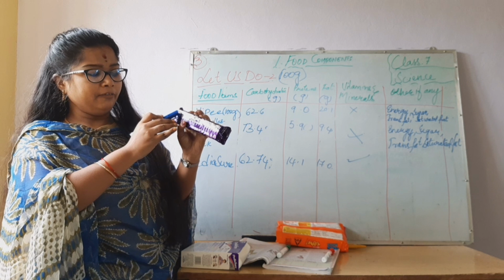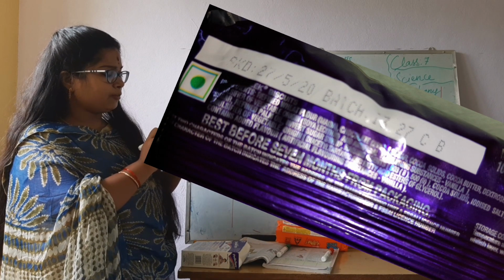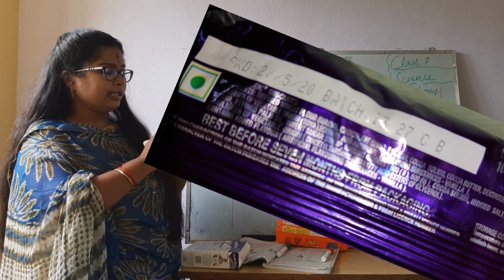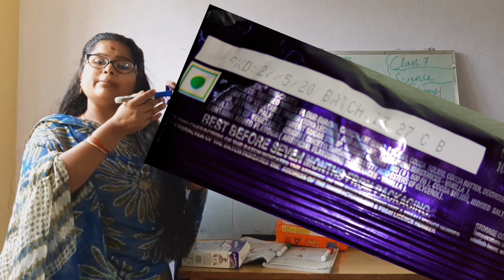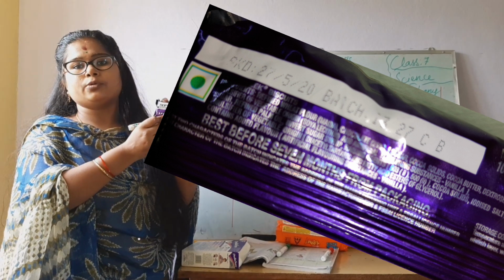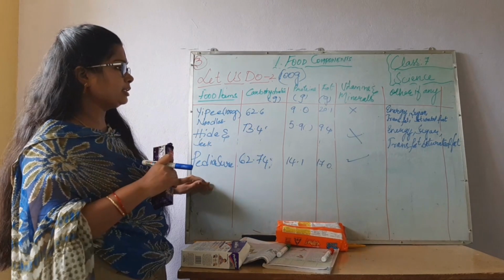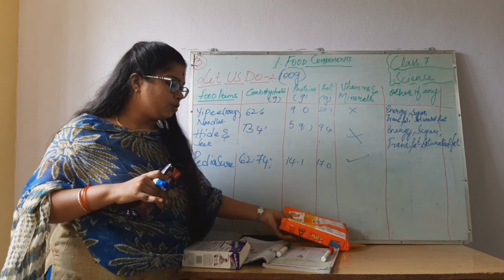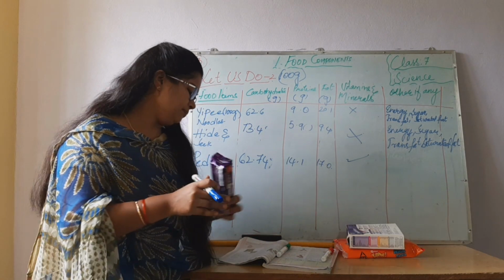date. Manufacturing date, see, packed on 27/5/20, best before 7 months from packing. They have given. But in some food items, they will give the manufacturing date and expiry date both. Otherwise, they give like that, best before 12 months, that you need to check. With these food components, you need to check those also. So we will keep it aside and we will go with